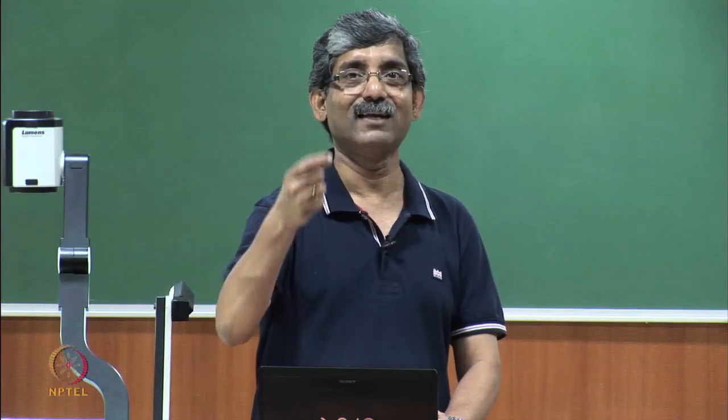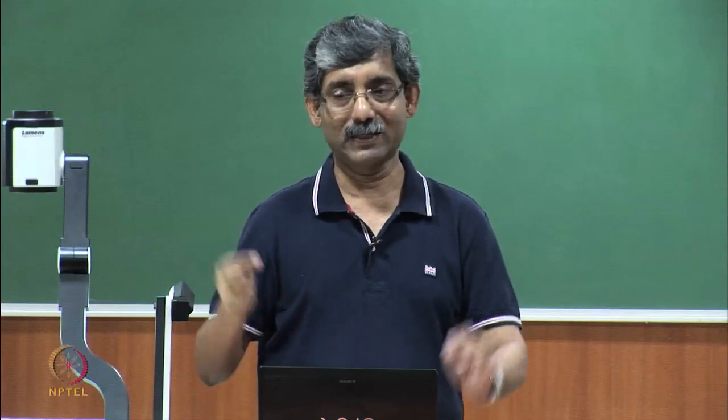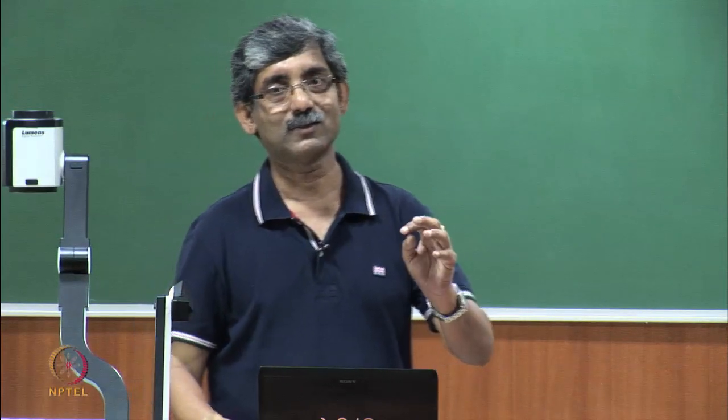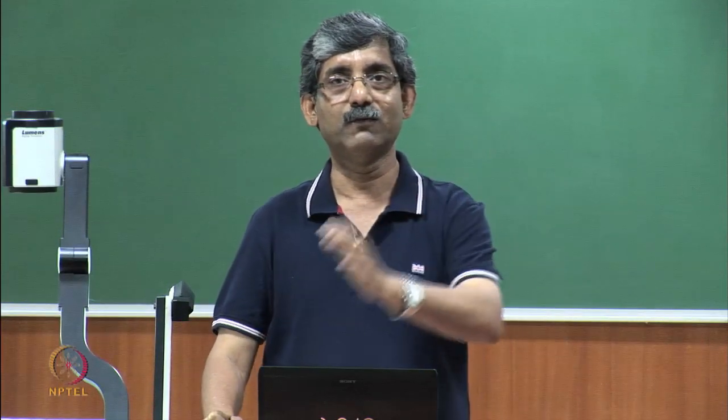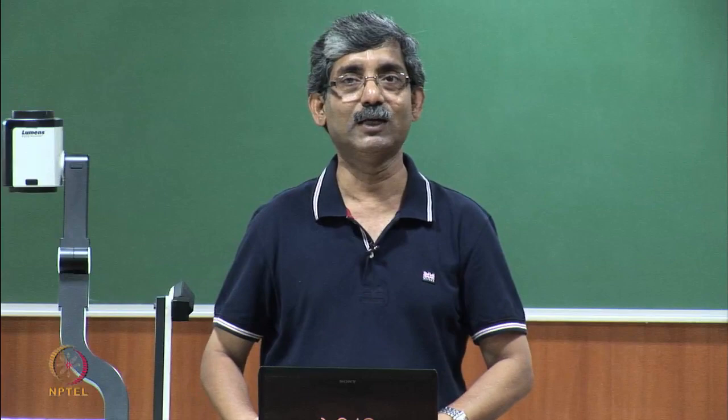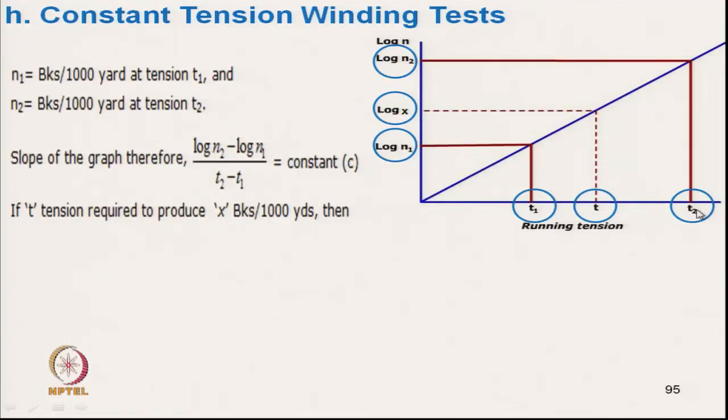We cannot go to infinite time. So, to get exactly 8 breaks, that is why the system is that we test the yarn at 2 different tension values, T 1 and T 2, which will give us some values of N. At T 1 we know N 1 we have reached, so we put log N 1. Then at T 2 we have increased the tension and got a higher N 2 value, we put log N 2, and simply draw the straight line.